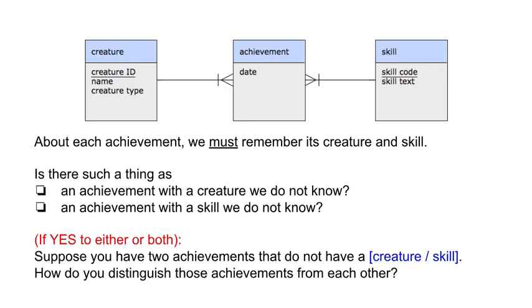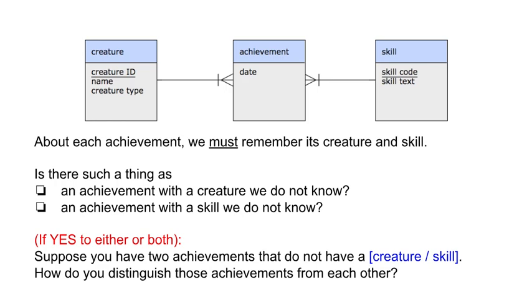If the answer was yes to either or both of them, suppose you have 2 achievements that do not have a creature, or suppose you have 2 achievements that do not have a skill. How do you distinguish those achievements from each other? Just like the students in school's example, this can be a difficult question for the users to answer. And if they don't have an answer, we can step in and offer the possibility of adding an arbitrary identifier